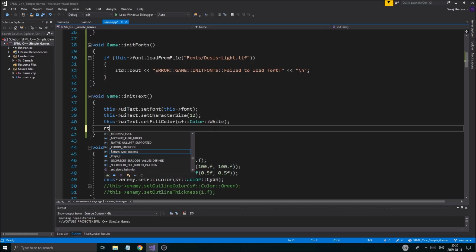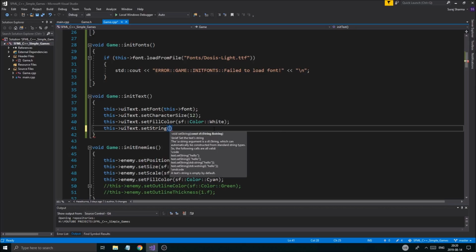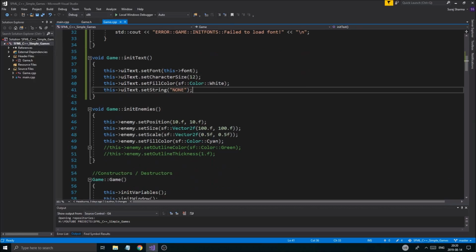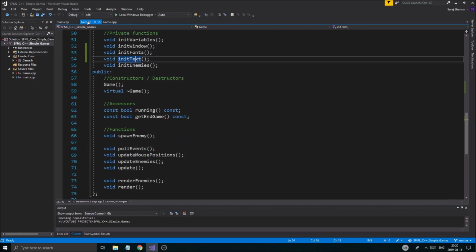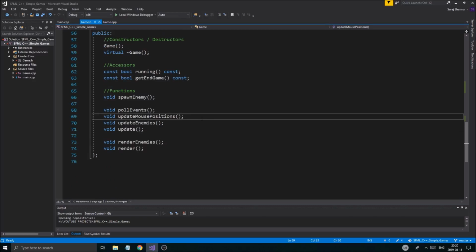And I'm going to set a text just in case something happens. So usually I do that. Set string, that function, and just give it a string literal. Just write none, whatever. Just so you know that text renders no matter what. Once that's done, you probably want to have update functions for text and update functions for stuff,